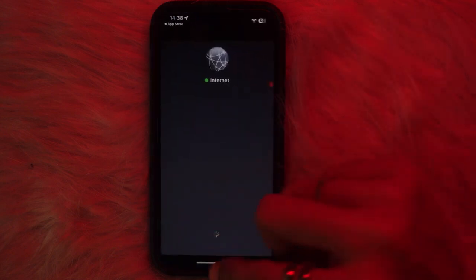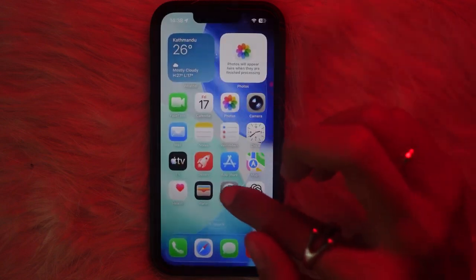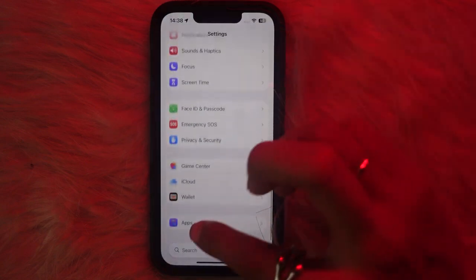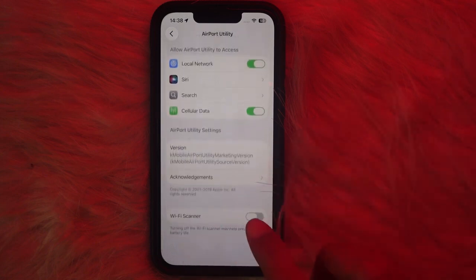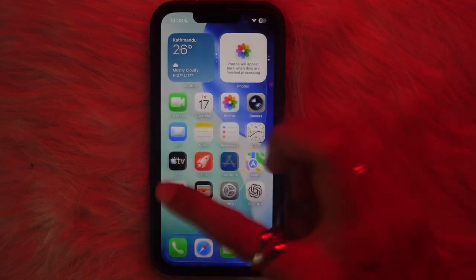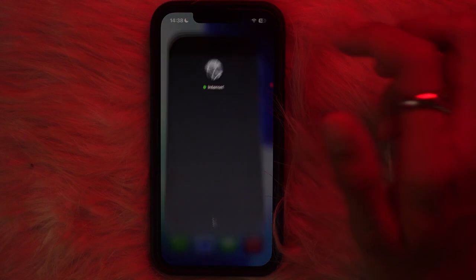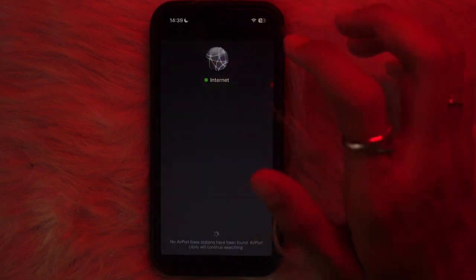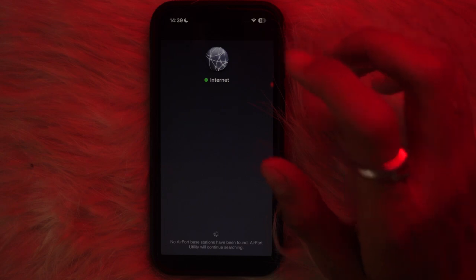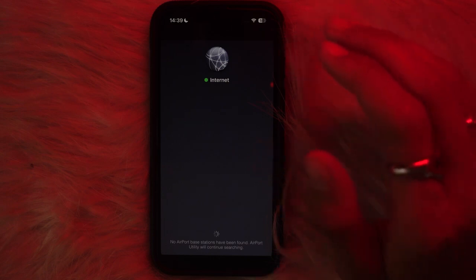And before opening, what you need to do is go to your settings, then apps, go to AirPort Utility and toggle on this Wi-Fi scanner. After that, go to your AirPort Utility, and there you will see the number. If it is between 1 to 11,